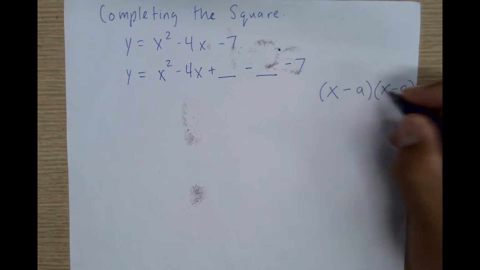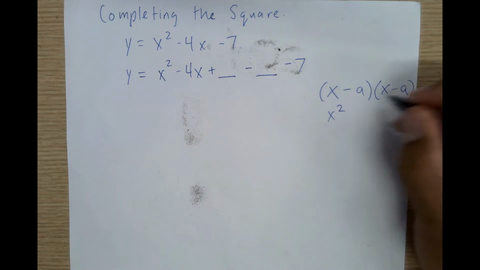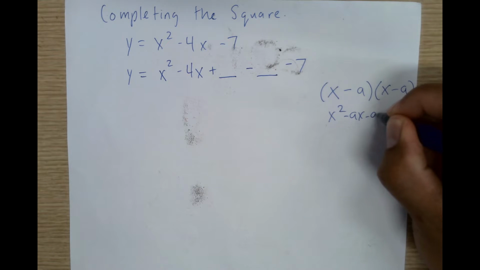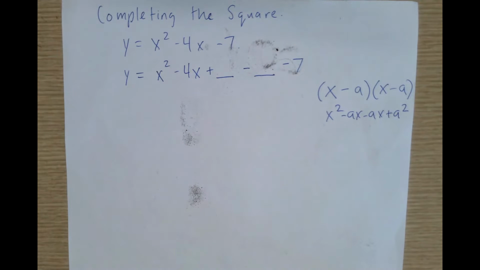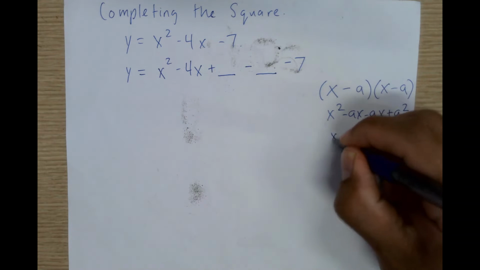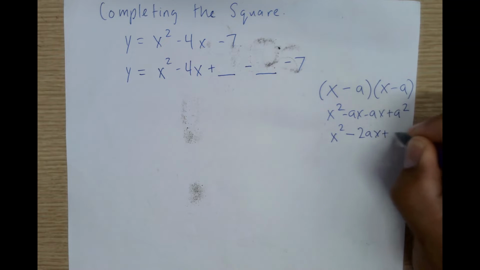So this would be x times x, which is x squared, and then I would have minus a times x